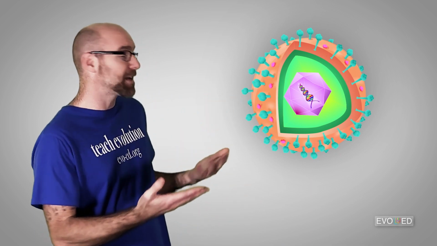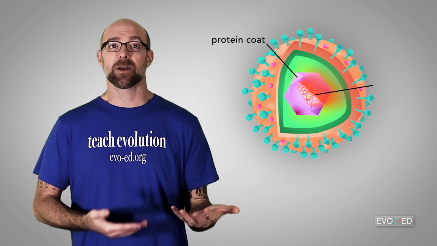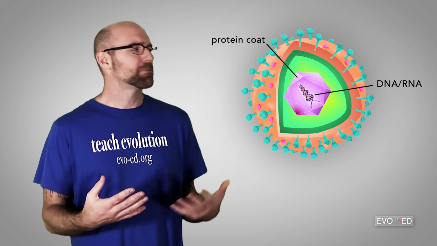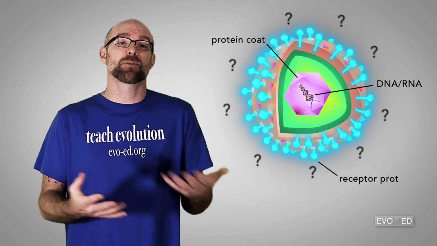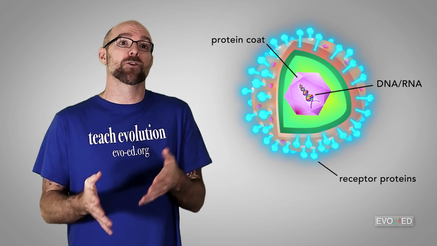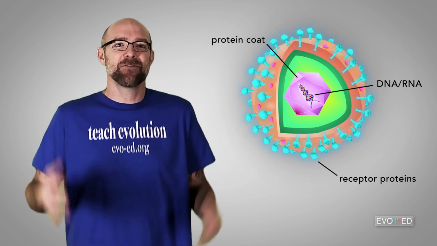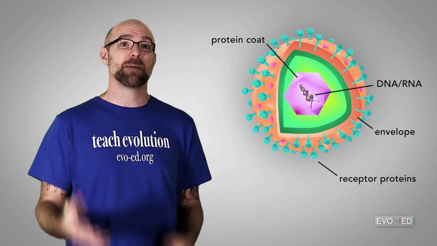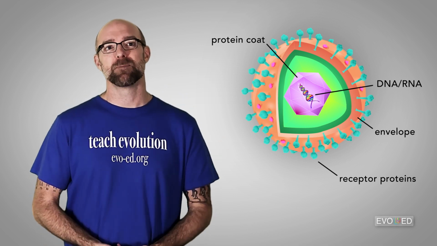Now, here, things start to get a little clearer. The hexagon shape here is the protein coat that holds the genetic material, which can be DNA or RNA, depending on the virus. But what are these knobby things? Well, the knobs are actually proteins that are embedded in the outer coating or the envelope of the virus. What's a virus envelope? Well, the envelope is actually a regular cellular type of membrane that the virus got when it replicated inside the animal or human host.